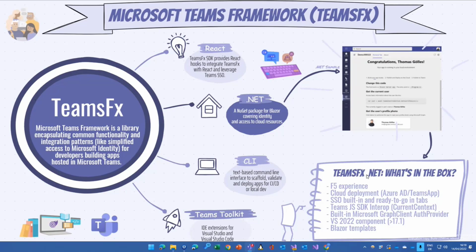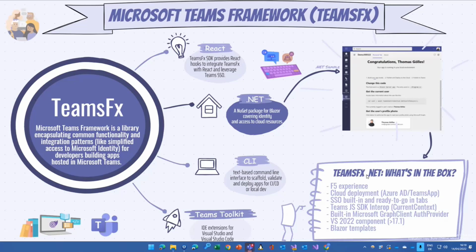F5 experience: you open up Visual Studio, press F5, and you're good to go. And also the framework already comes with tools and configuration options to create an Azure AD application, but also to create Azure resources and to deploy them. We will see that in the demo. So there's pretty much thinking already there how to really deploy stuff, not only run it locally on a machine. Single sign-on is basically built in and ready to go. We will see that and how this is done in the newest version.